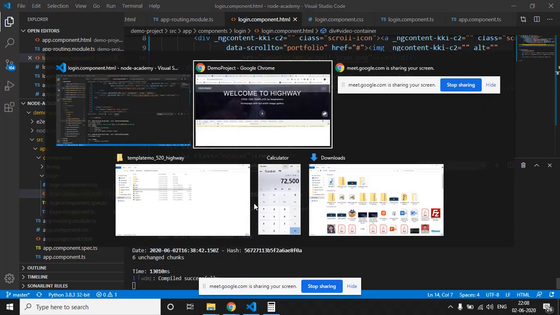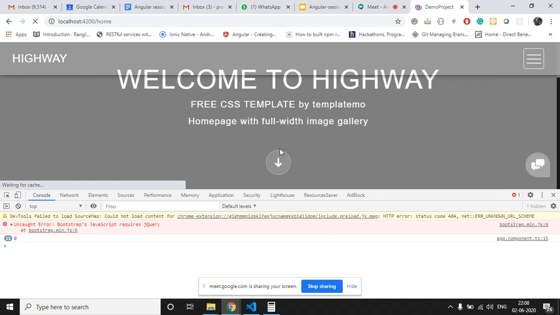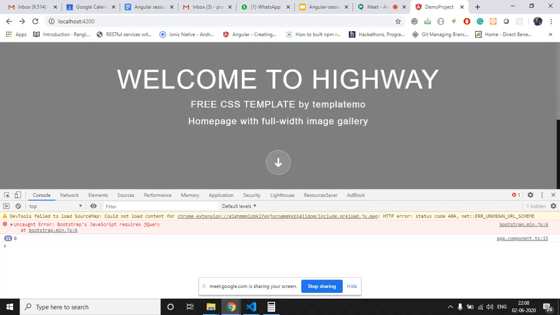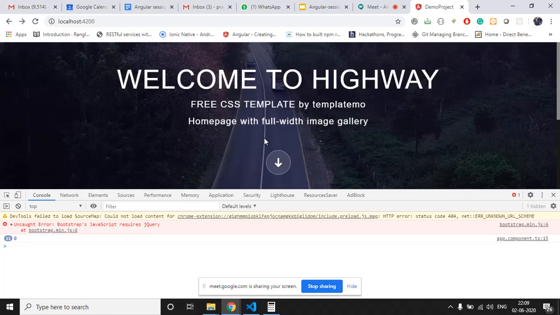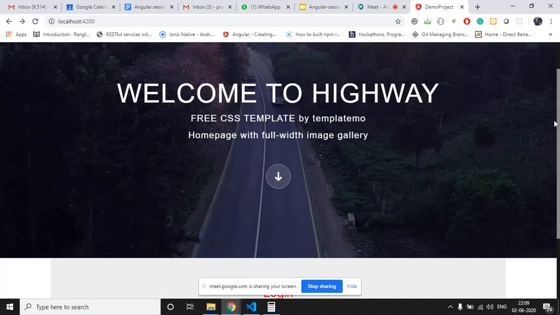Yeah, it's compiled successfully. Now we can see it on the browser. So this is our home page, and we have pasted this component onto our login page. Let's see if we can see it on the login page or not. So yes, we can see that component on this login page, right?